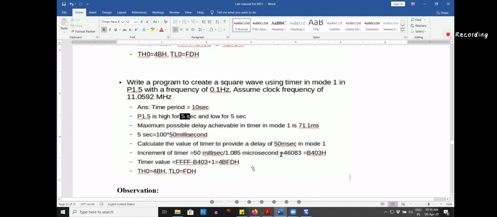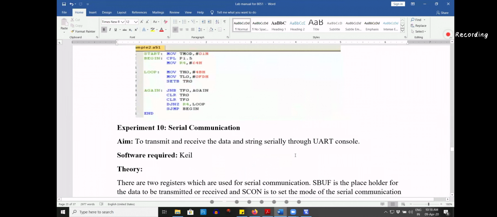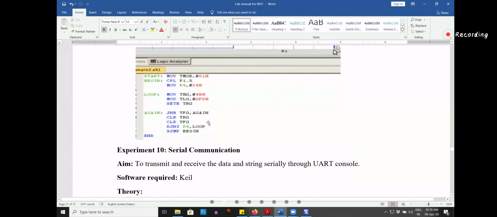Ultimately that value you will put in the program. You will not put a decimal number. I want this loop to run for 100 times. You will not write 100H here; 100 is a decimal number. You will write the hexadecimal of 100. So that's why 64. This loop will count for 100 times if you put 64. I hope that is clear. Any loop, it should run for 100 times. Then only you will achieve 5 milliseconds.